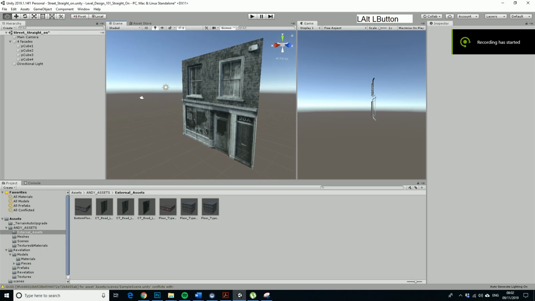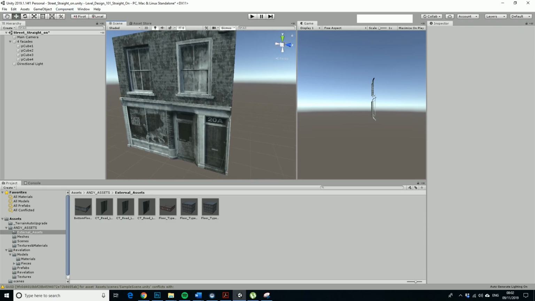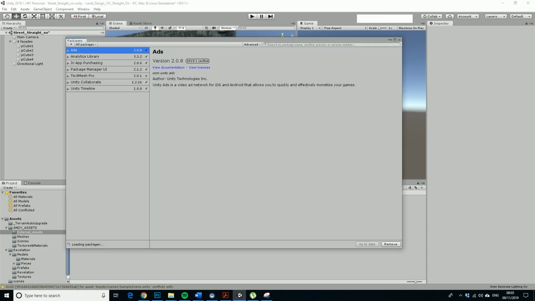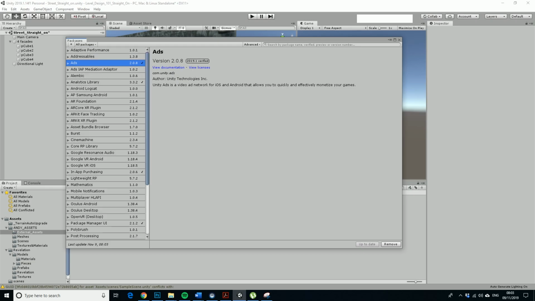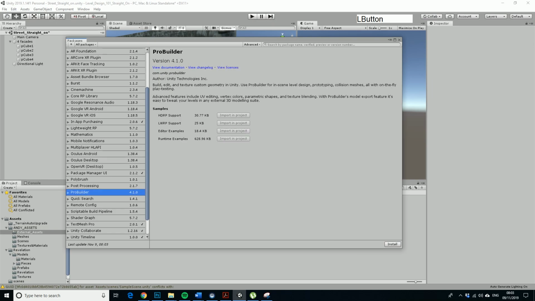Okay, so part two, I'm just going to set up a few more things that we're going to need. If we go up here to the new package manager, it's going to bring in and update all the packages. So we need Probuilder, which I thought I had installed but don't. So I'll just install